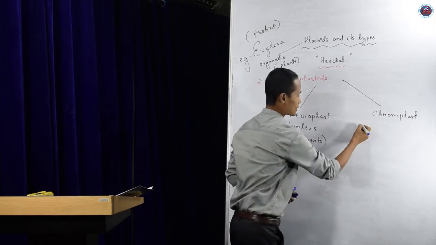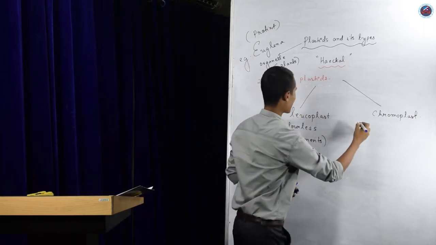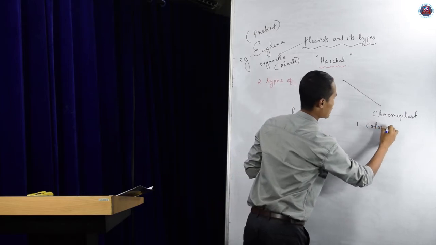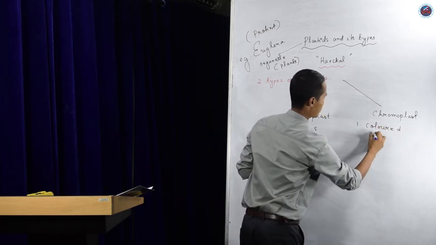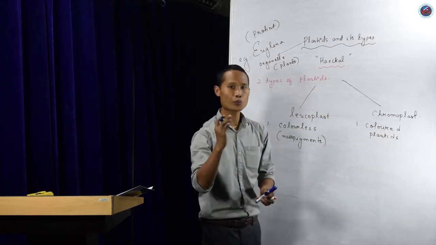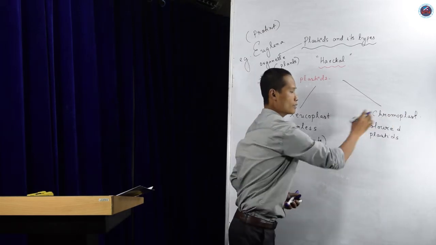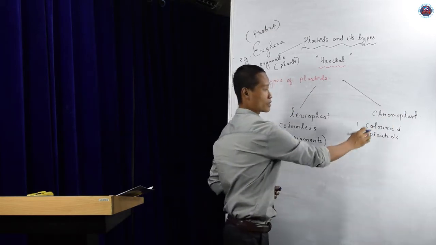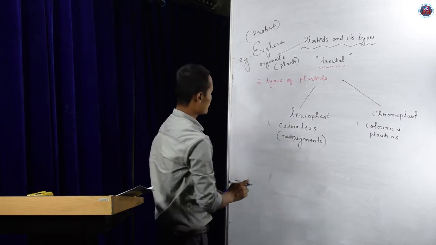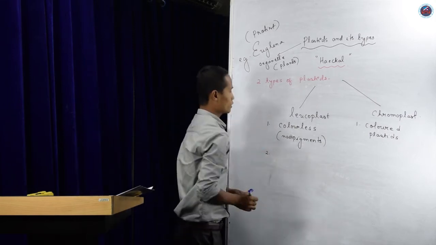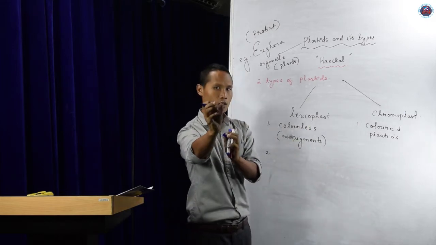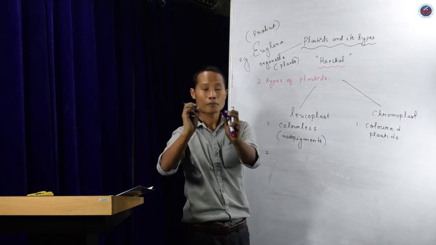Now chromoplasts are not colorless. It means that they are colored plastids. It means that there is a pigment in chromoplast, which we are going to discuss in the types of chromoplast. Now, point number 2: leucoplasts are those in a plant part